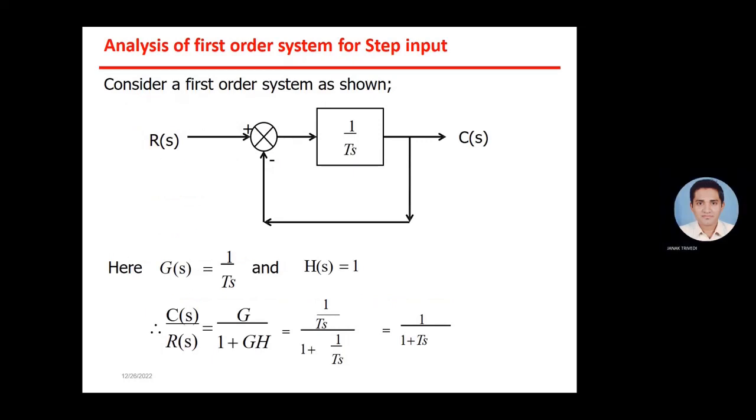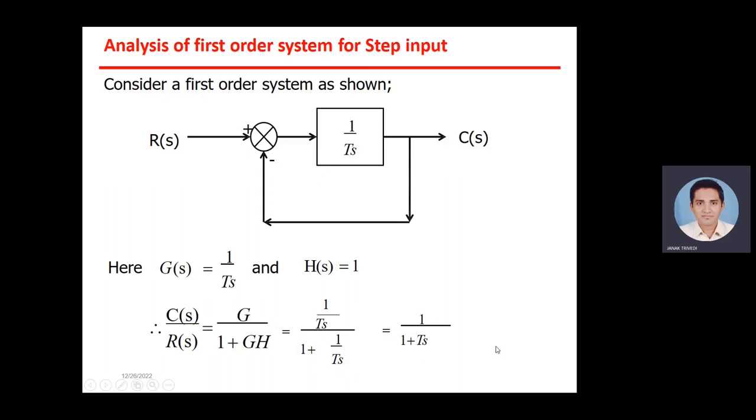So consider one figure that indicates a first order system with R of S and C of S, with G as a function of 1 upon Ts, with a negative unity feedback system. So G of S equal to 1 upon Ts and H of S equal to 1. So C of S divided by R of S is equivalent to G upon 1 plus GH, that is equal to 1 upon Ts divided by 1 plus 1 upon Ts, and that is equivalent to 1 upon 1